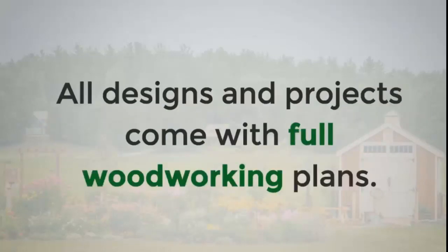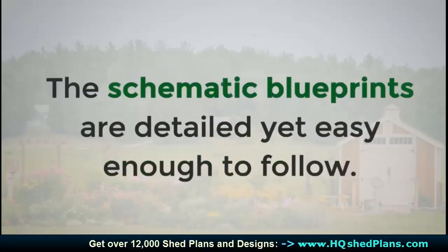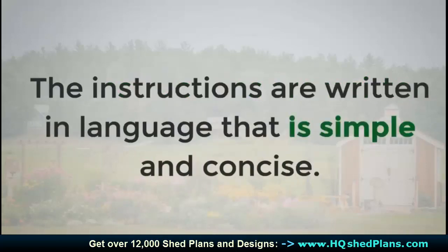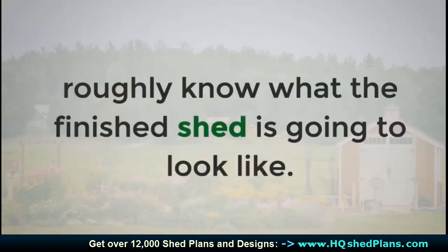All designs and projects come with full woodworking plans. The schematic blueprints are detailed, yet easy enough to follow. The instructions are written in language that is simple and concise. To make things easier, you're also provided with illustrations so that you will roughly know what the finished shed is